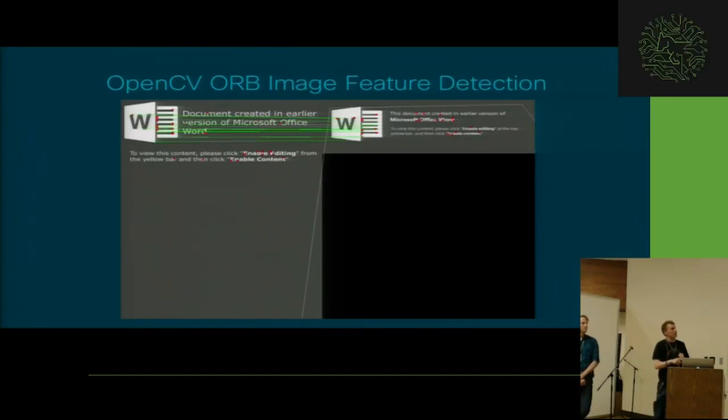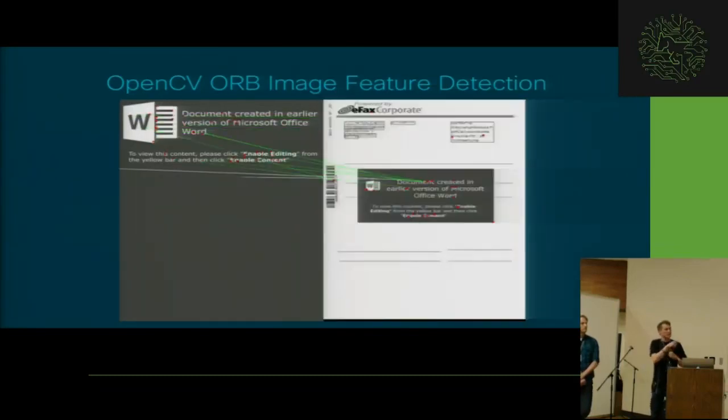Now, ThreatGrid recently released some functionality called playbooks, which automatically closes documents for you. So now we have an actual solution from the feedback from this research. This is a more interesting example where extracted features on the left image were actually a part of a smaller image embedded within a larger image. In this instance, it was supposedly looking like a fax document, and then it had essentially a social engineering message embedded within it, a smaller image that had the same features as the image on the left. So that was a really cool product of this research.